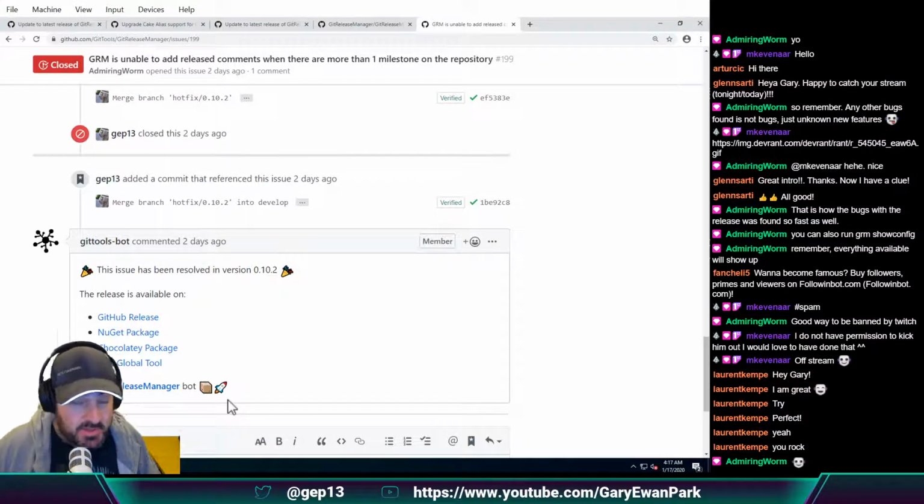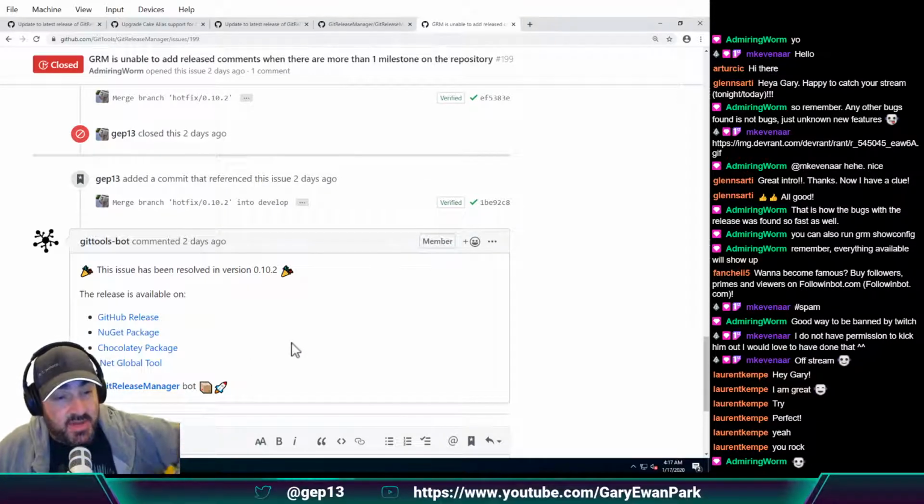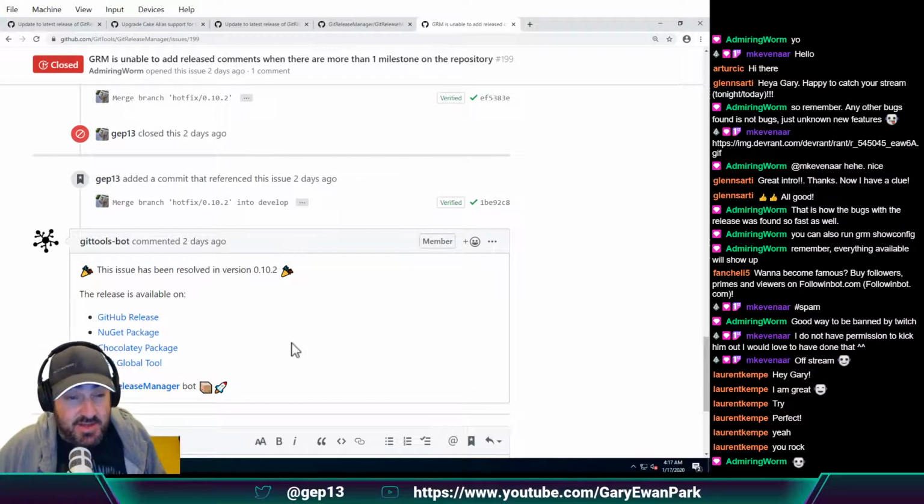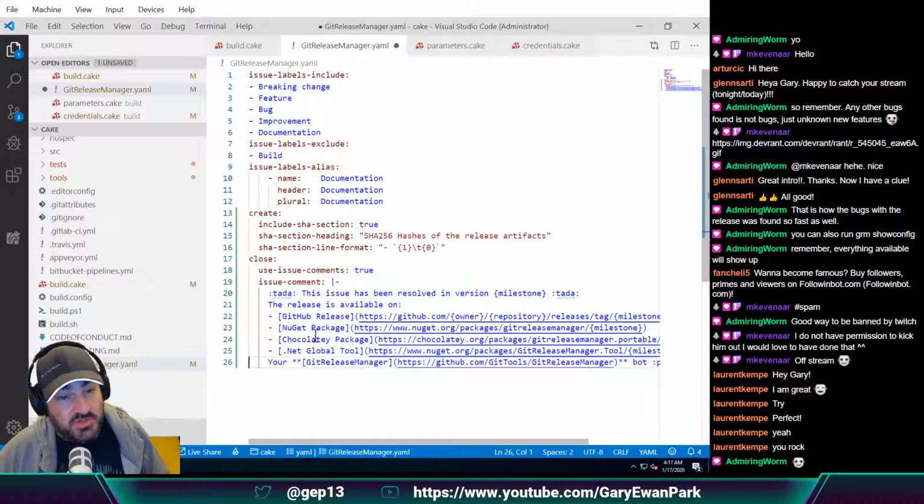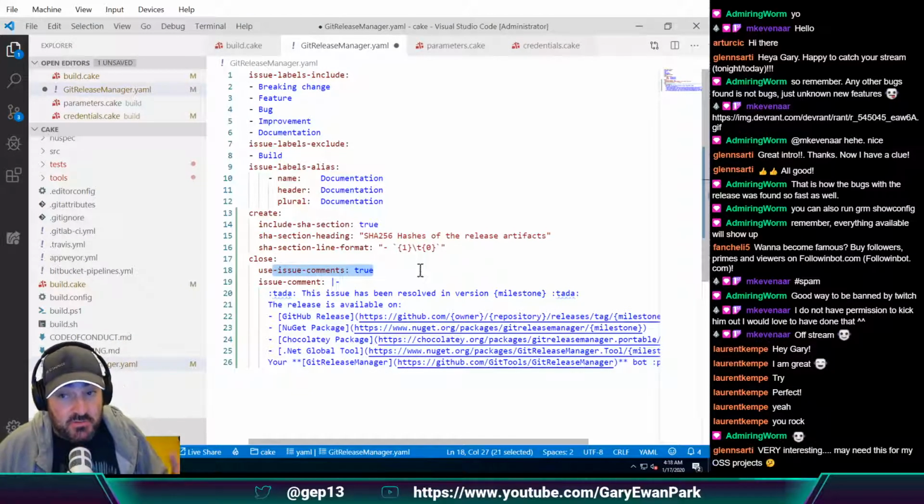So that's what it's all about. There are a few other bots and things that do this. But again, for the workflow that I use with GitReleaseManager, having this ability to add this in totally makes sense. So I personally love this feature. So again, we are changing the default. The default for this is to,